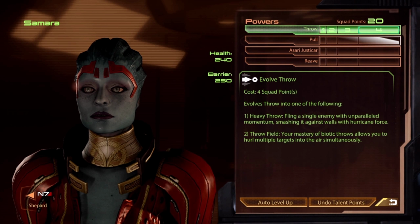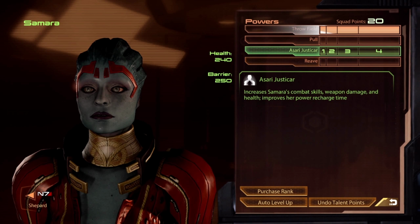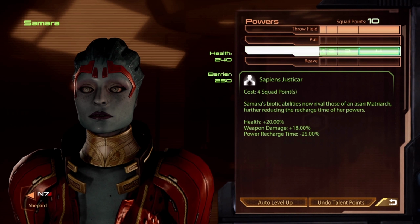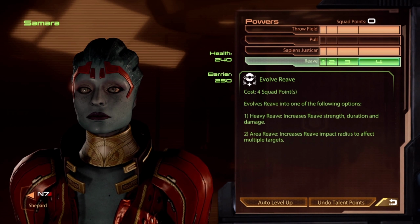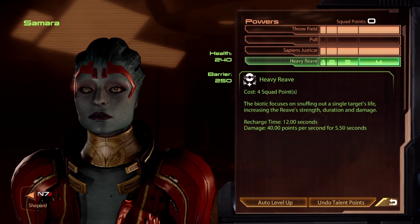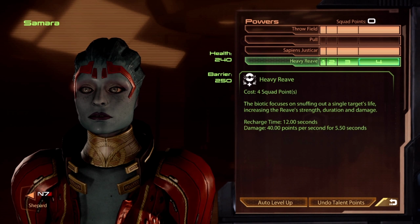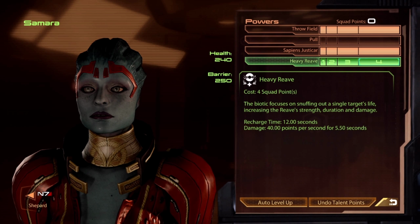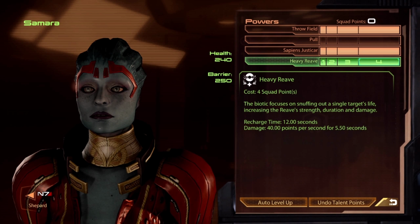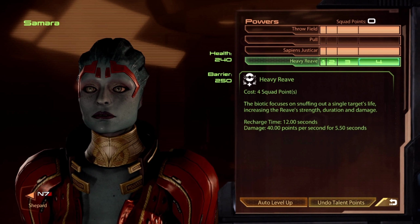With her, I like Throw Field. And then Samara's Justicar again, once it pops up. And then we'll just go Heavy Reave for the extra armor damage. If you're not really into her as a defense stripper, you can stick with Area, but you'll have to use it on like mercs after their shield's stripped, which isn't a bad use for it. It's just, you'd always just use Throw Field. But anyway,